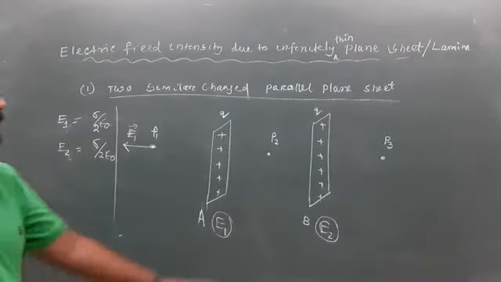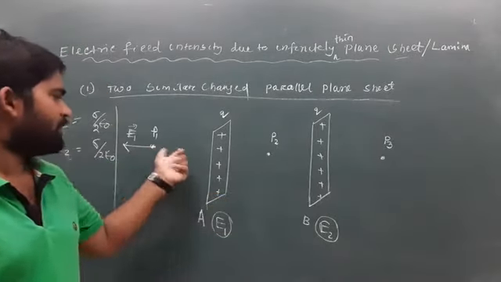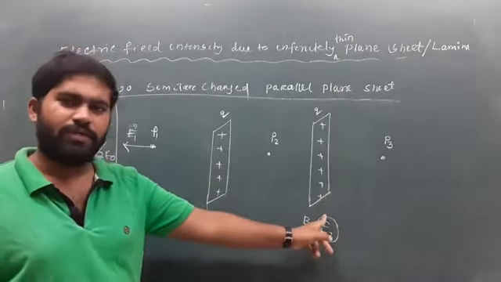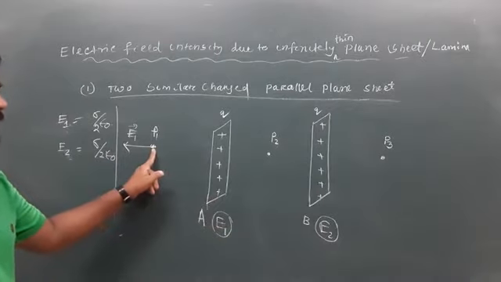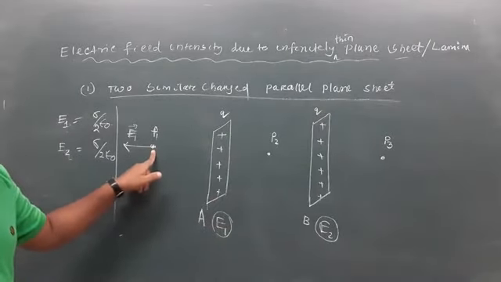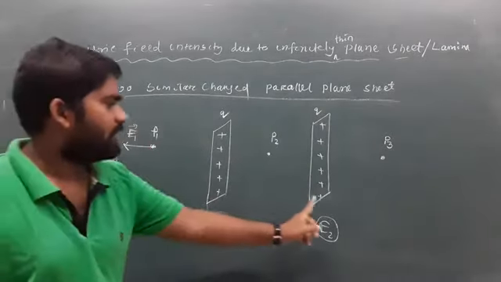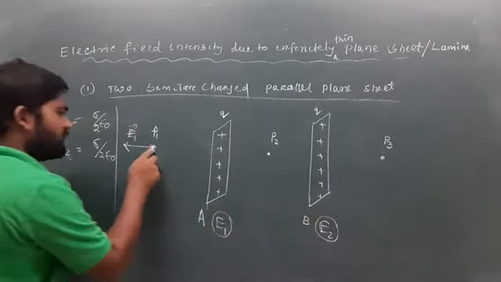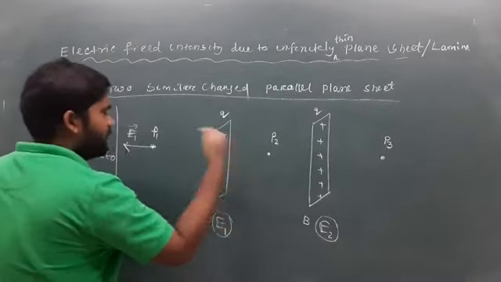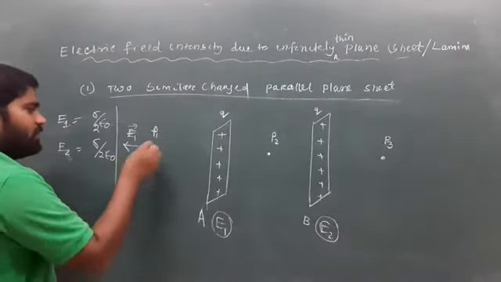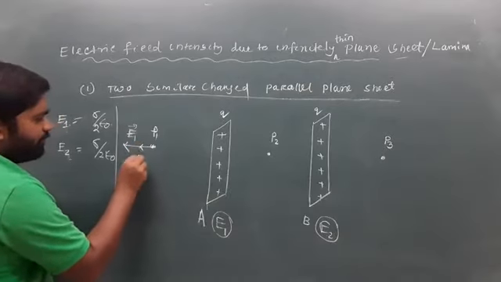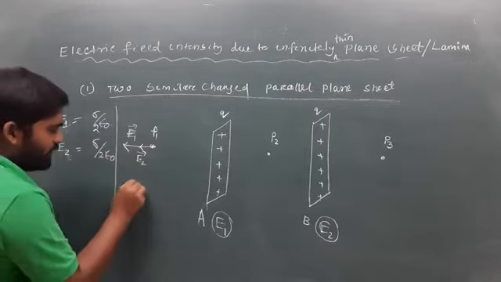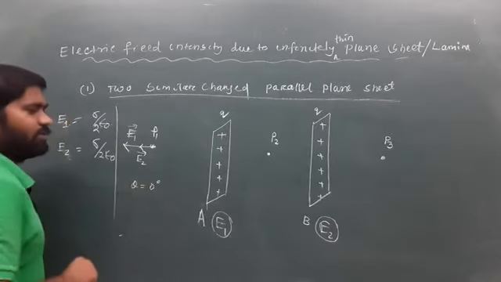Okay, now come to effect at point P1 because of plate B. Okay, plate B is positive, and when we study electric field at point P1 there is a unit positive charge. This one is positive, electric field when act at point P1 means this one is plus, this one is plus, effect of this plate B acts on P1, that's why it will be also repulsive. So that will be E2 vector. So angle between E1 and E2, theta equals to 0 degree.